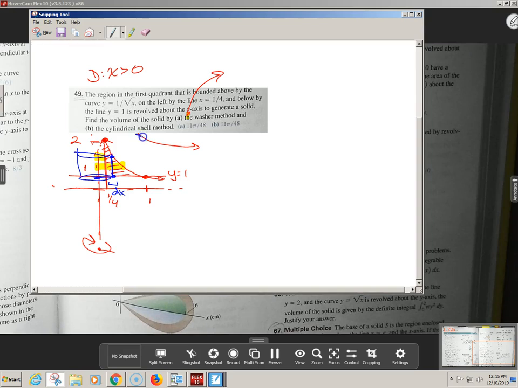So I'll do shells first. My dx is from 1/4 to 1. So I'm going from this x to this x that I found by plugging and chugging my y and solving for x. I have my r, which is horizontal. It's from 0 to out at the point, so it's just going to be an x. X minus 0 if you want to be super precise. It's horizontal, so x minus the lower x, x minus 0. That helps. And then I have my height. And my height is my top minus my bottom in terms of x. So my top is that dude. And my bottom is y equals